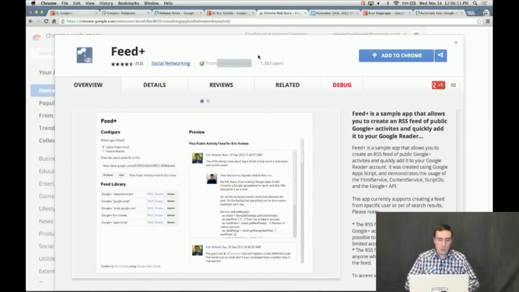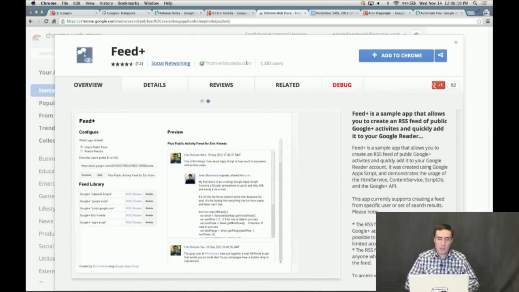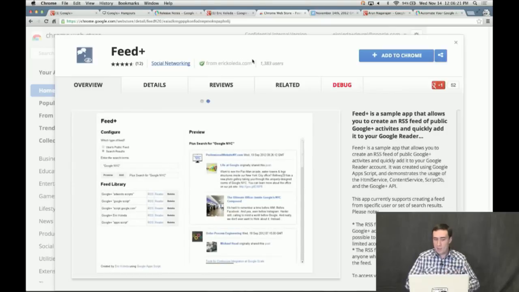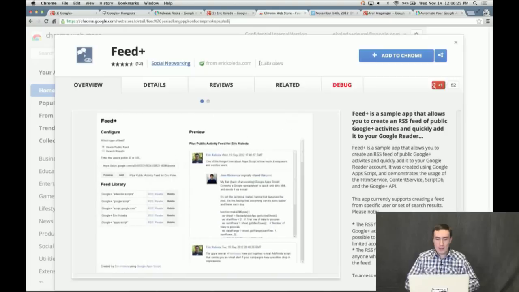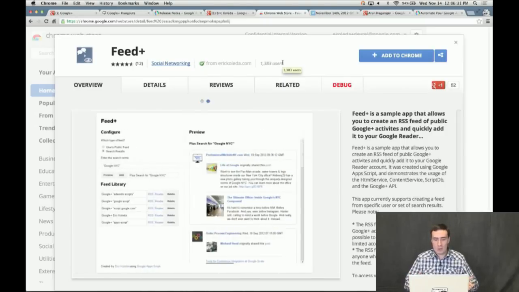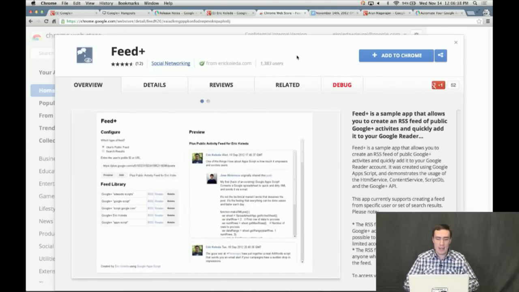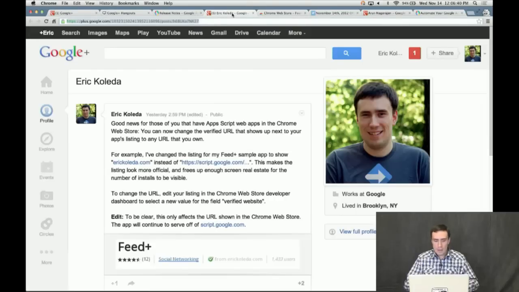And so this is a little tweak, but we think it's an important one for two reasons. Like I said, it allows you to take whatever trust or credibility that you have in your domain and apply it to your app created in AppScript. But more importantly, this display of how many users have installed it actually got pushed off the screen before. There wasn't enough screen real estate to fit both the really long script URL and that piece of data. So it allows this important piece of data of how many users you have to come back into the screen. So that's another thing that we've done recently that we think makes AppScript an even better platform